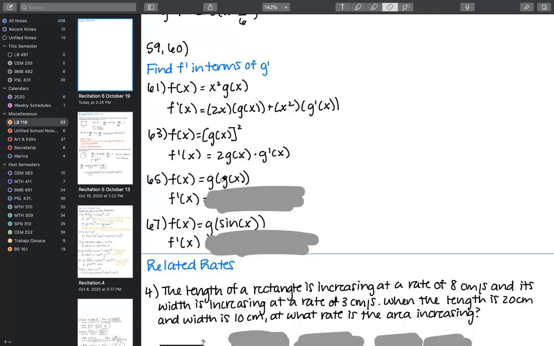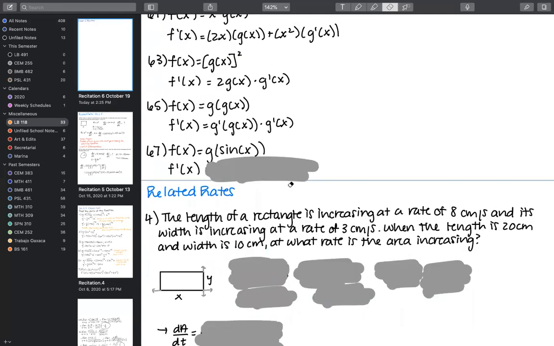So then here we've got a compound function, g of x. I've seen a couple people get a little confused with the FOG. That's what this is. And again, this is just a chain rule problem. So it's going to be the derivative of the outside, keep the inside the same, times the derivative of the inside. And then finally, this is exactly the same, only this time it's not g of x, it's g of sine of x. Derivative of the outside, keep the inside the same. And then this is a mistake, that should be cosine of x. And then multiply by the derivative of the inside.